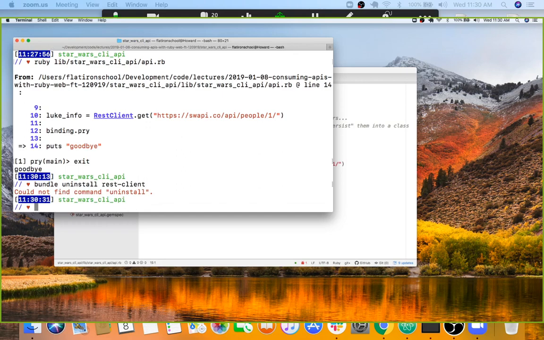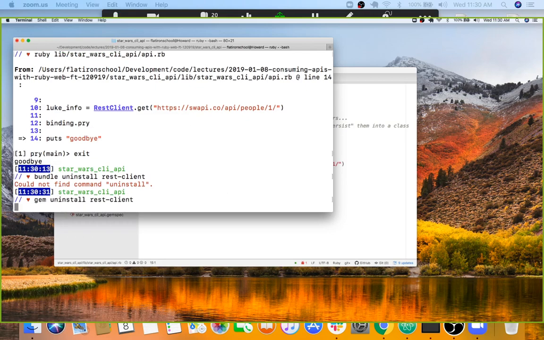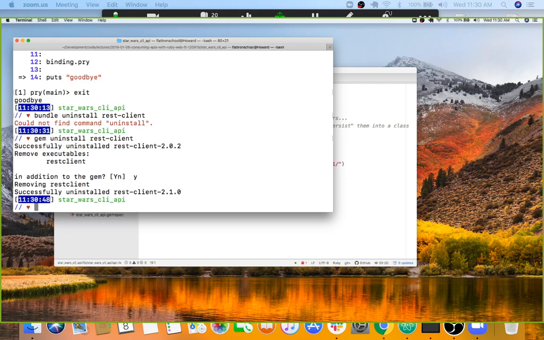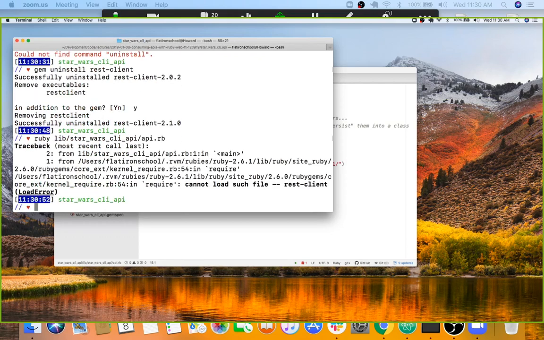Dang it. Bundle uninstall, bundler? No, gem uninstall, that's it. Gem uninstall. Okay. Yes, everything, get rid of it. Okay, it's gone. So now if I try and run my program again, I'm going to get